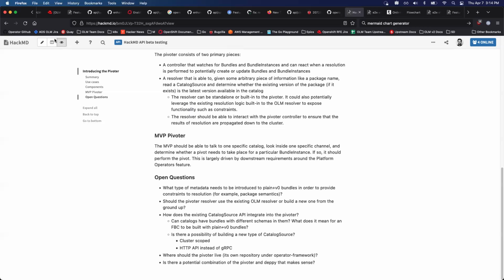But maybe in the future, what we really want is a totally different API for connecting to catalog metadata. Maybe we want it to be HTTP. Maybe we want a cluster scoped catalog source. Maybe we want the format to be different, whether it's file-based catalog directly or some translation of that. So it might be nice to build that abstraction layer such that it's really easy to swap those things out, but still have all of the underlying componentry work off this resolve set bundle